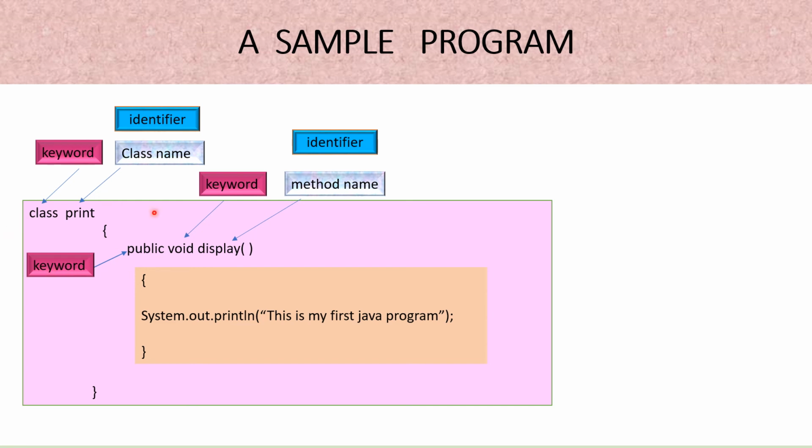So you might have seen in this program, if I want to print any statement, I have written it inside the body of the method, and the method is written inside the body of the class. Then after this we have the body of the method, which is written in the orange background, क्योंकि display is the name of the method और उसके डिस्प्ले के बाद ओपनिंग ब्रेस और क्लोजिंग ब्रेस के बीच में जो भी लिखा हुआ है, that completely makes the body of method display here. So we may call this part the method's body.